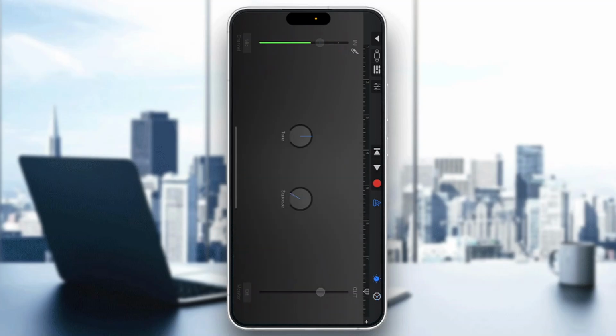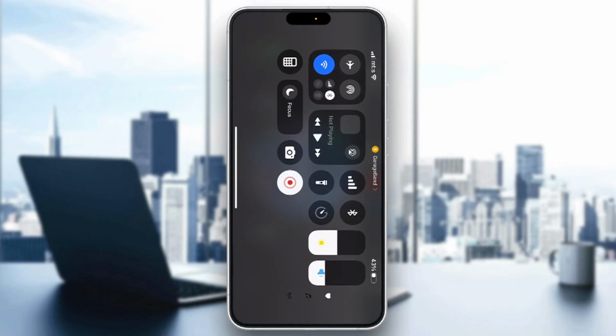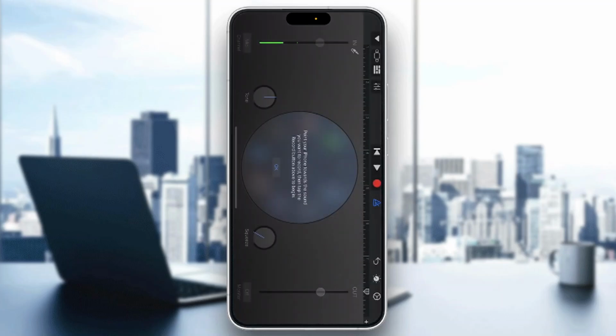Basically guys, the problem can only be one thing, and that is your internet connection. What you want to do is check that your Wi-Fi is set up nicely and that you have a stable internet connection. As you can see, I'm currently connected to Wi-Fi, so it all works flawlessly. But if you're on your data, then maybe you do not have a great signal, and this is the root of your problem. You always need to make sure that your internet is up to date,